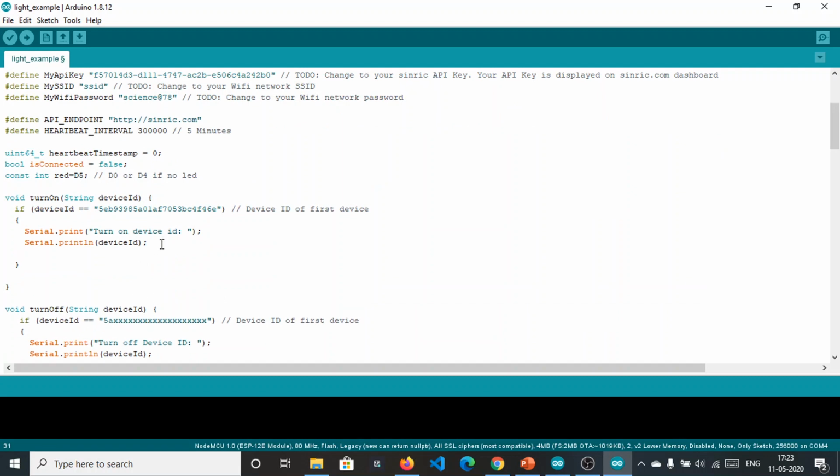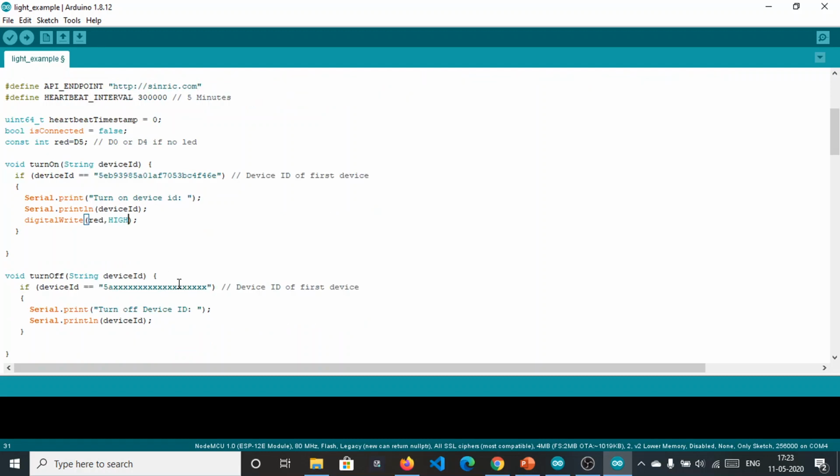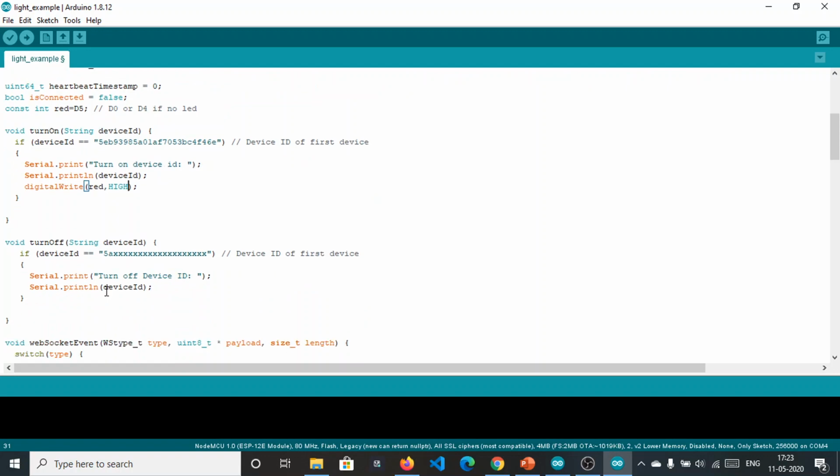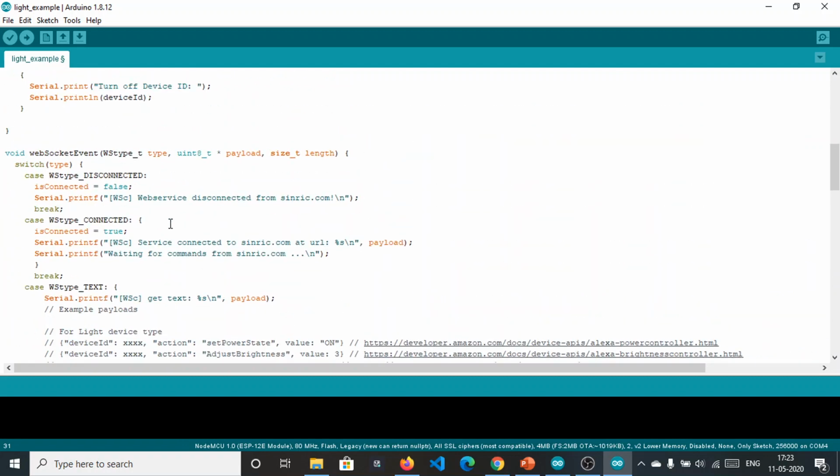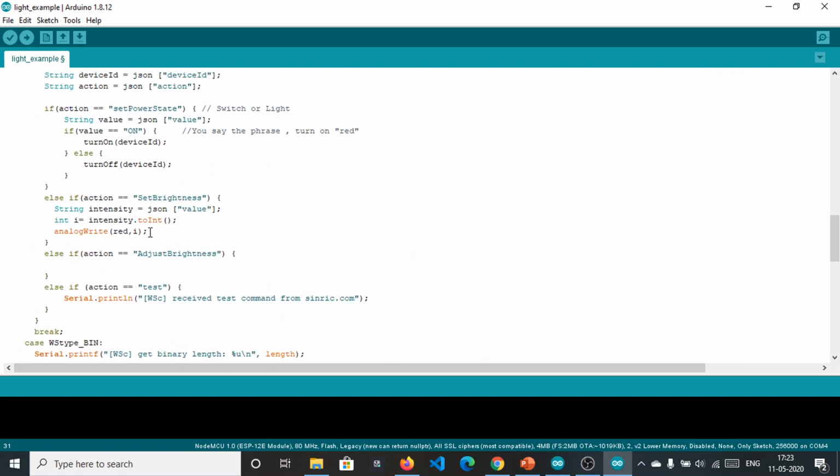We not only want to print it, we also want to digitalWrite it. We will make it HIGH. And if a turn off command is sent from our Alexa, then in this WebSocket connection we will receive off. Of course, OFF is received if we say turn off.